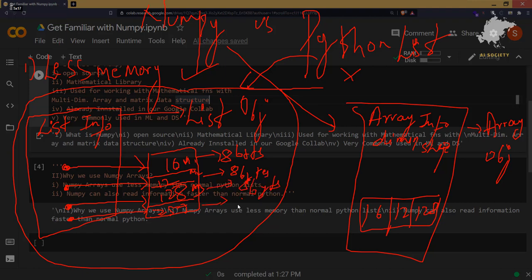In the NumPy array, the elements are not taking the whole bytes. The amount of memory it is going to take is a fixed amount dependent upon the length of the array. So that is why NumPy arrays are much easier to understand, and much more efficient to use in terms of memory and in terms of speed.